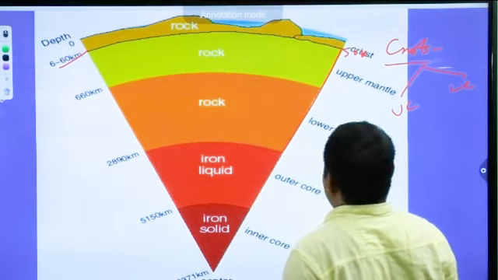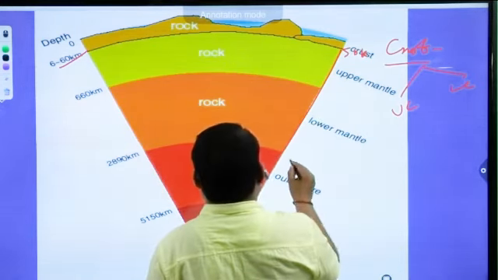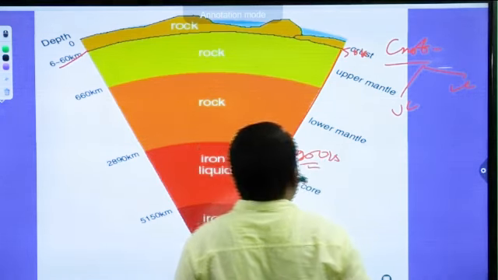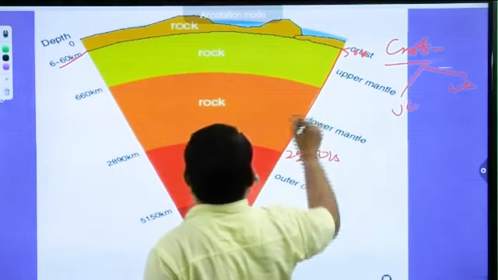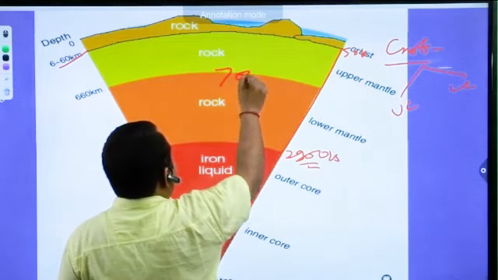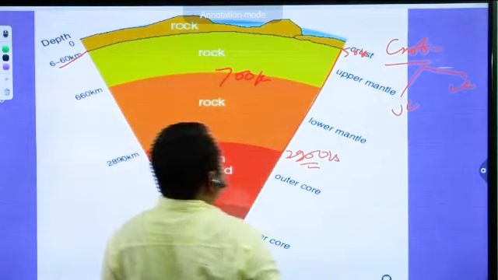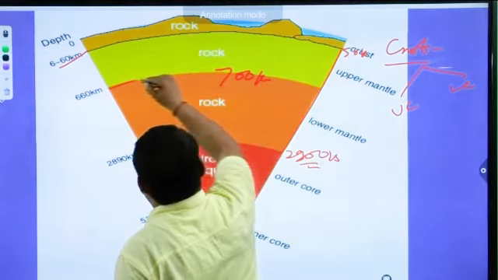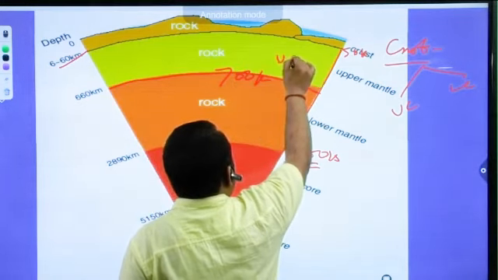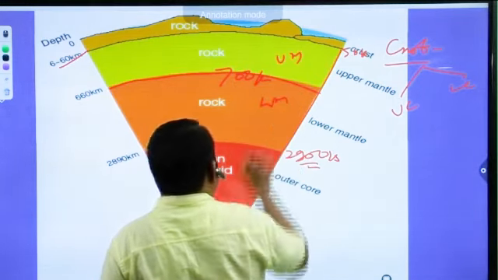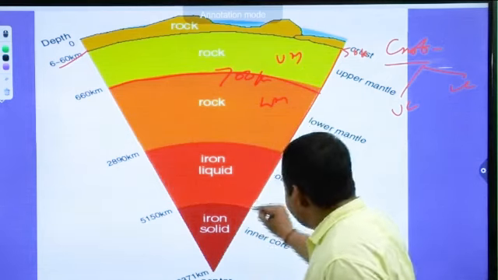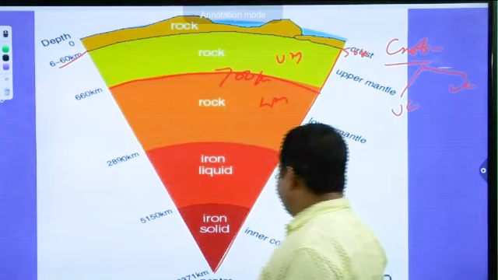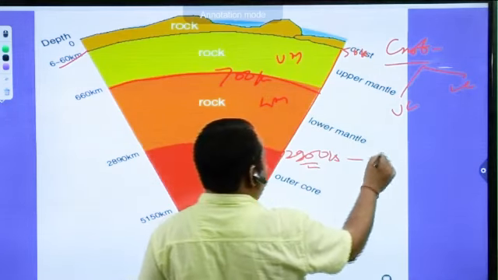Second is the mantle extending up to 2900 kilometer. And it is again divided at 700 kilometer depth and recorded as upper and lower mantle. Upper mantle and the next is the lower mantle. Between 2900 up to 6371 kilometer,